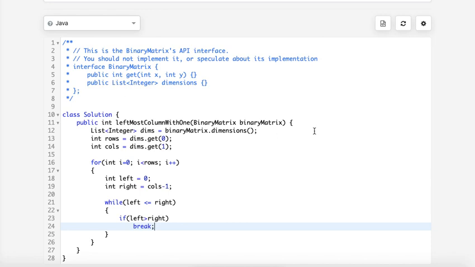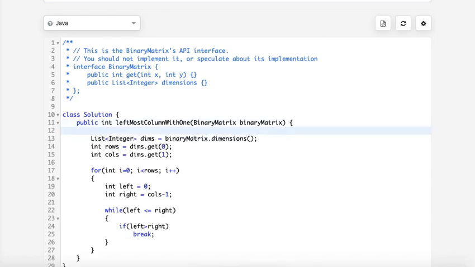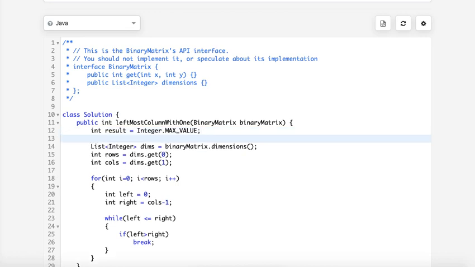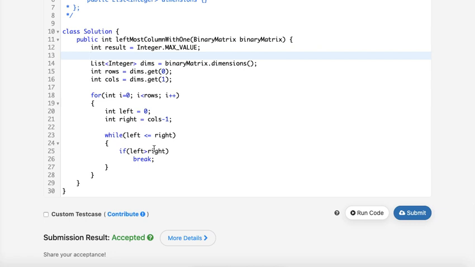First I need this result, so I'll set it to integer max value because I'll be using math.min operations later on. That time this will get a minimum value if there is any value, otherwise it will still remain the max value. For that reason I'll just put it as max value.